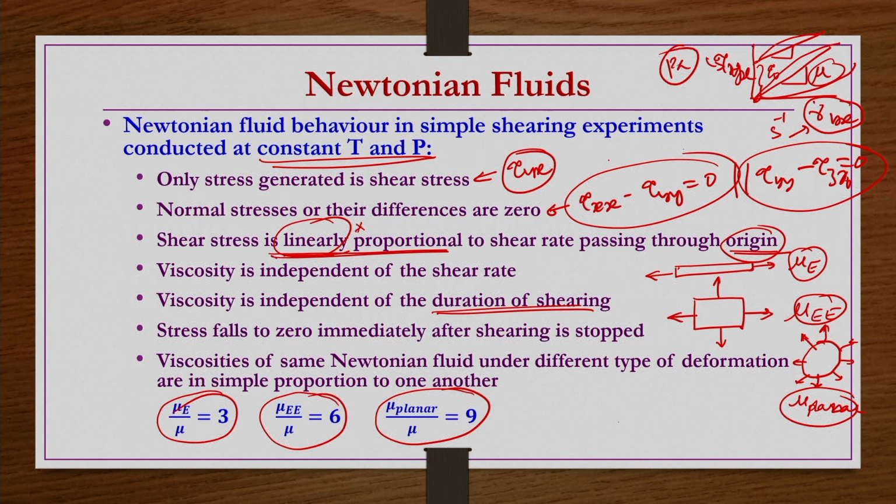And then viscosity will not be independent of the shear rate for non-Newtonian fluids, because as the shear rate increases, the viscosity changes. We have seen this in tau Yx versus gamma dot Yx, where mostly they are non-linear. Even if they do not have a yield stress, there is still a kind of non-linearity. So viscosity is affected by the shear rate.